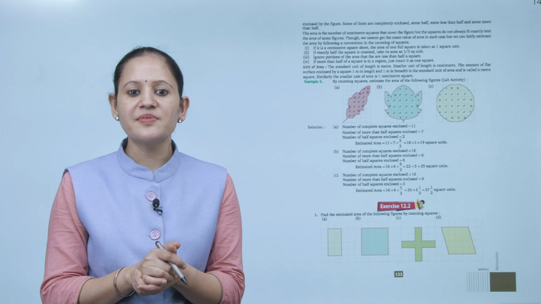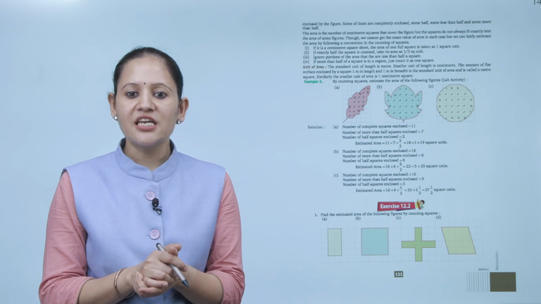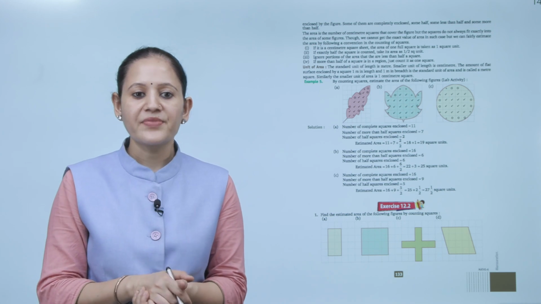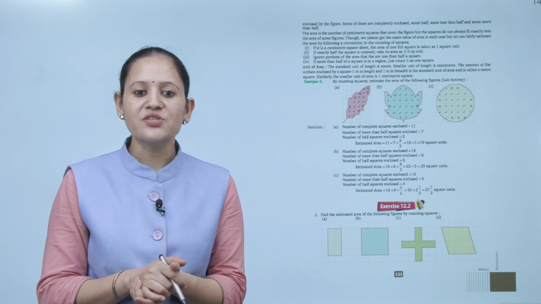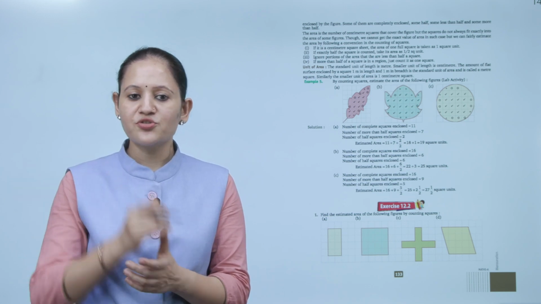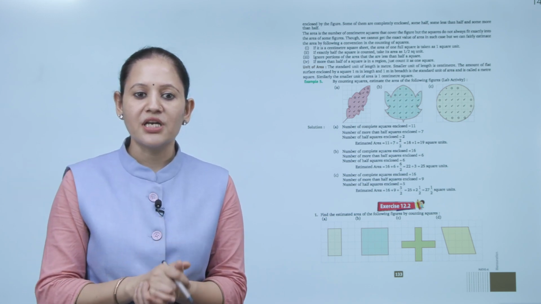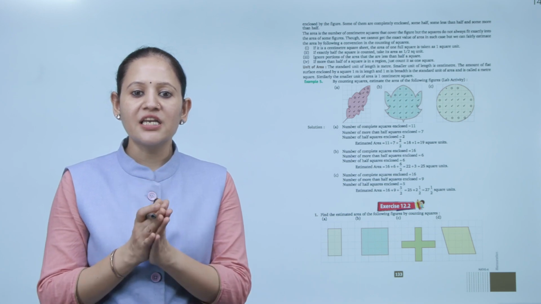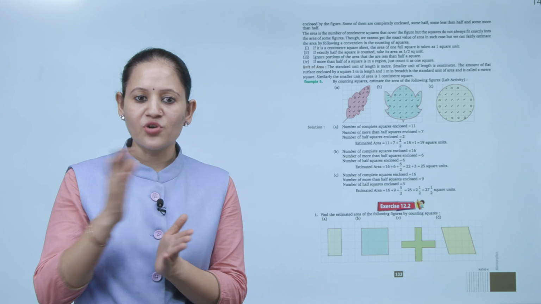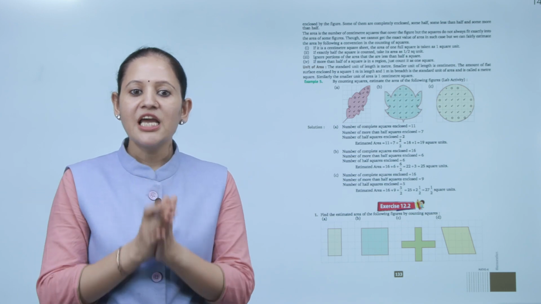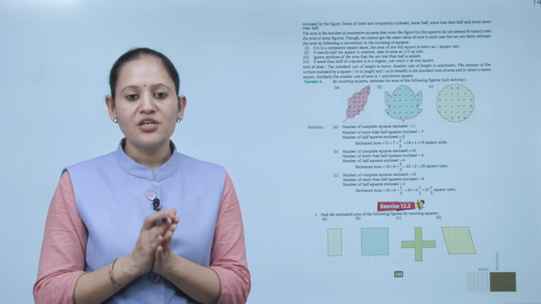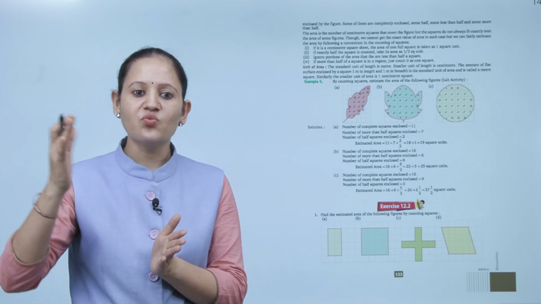If it is centimeter square sheet, the area of one full square is taken as 1 square unit. If exactly half of the square is counted, take the area as 1/2 square unit. जो half होंगे उसका 1/2 square unit. Ignore the portion of the area that is less than half. Less than half है उनको ignore कर देंगे. If more than half of the square is in the region, just count it as 1. अगर more than half है, we'll count it as 1.